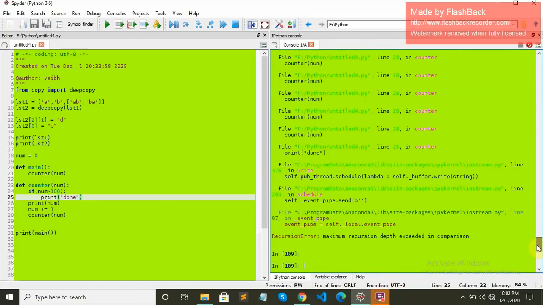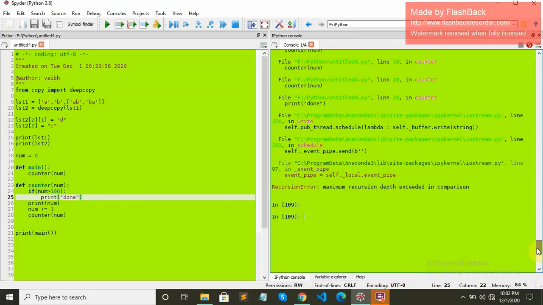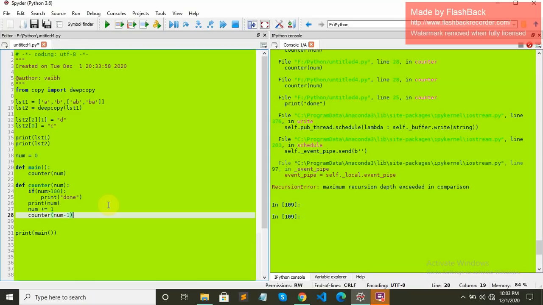So that's all that I wanted to talk about, you guys. I have also explained recursion to you, how you can create an infinity loop without even using a loop. It will just run infinitely because there is nothing to break it, but you can have some logic. If you do not want to call it again and again, you can put something like this, num minus 1, then it will be finite.